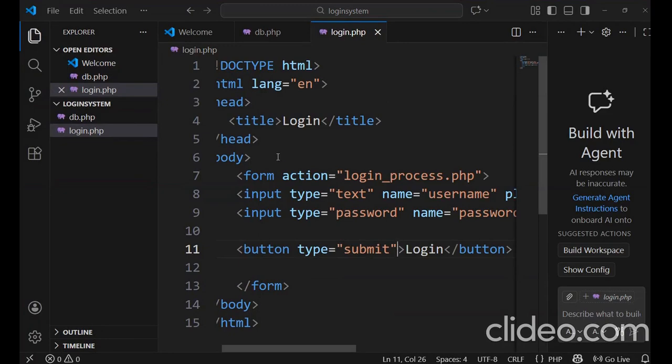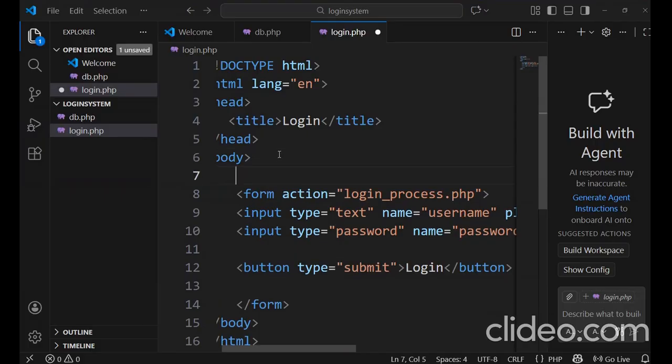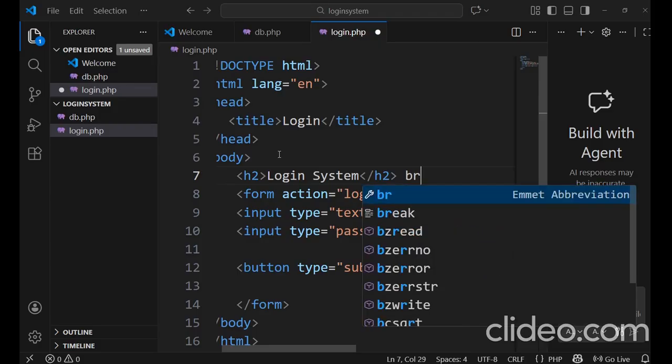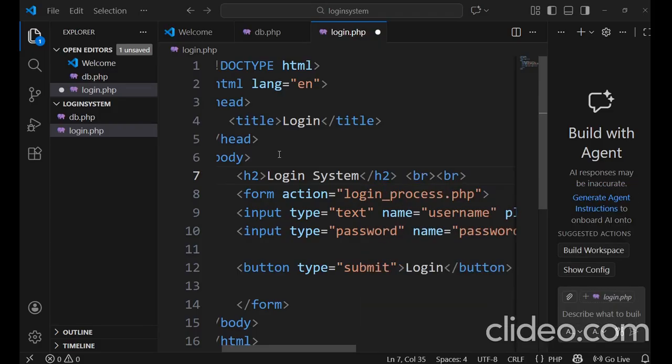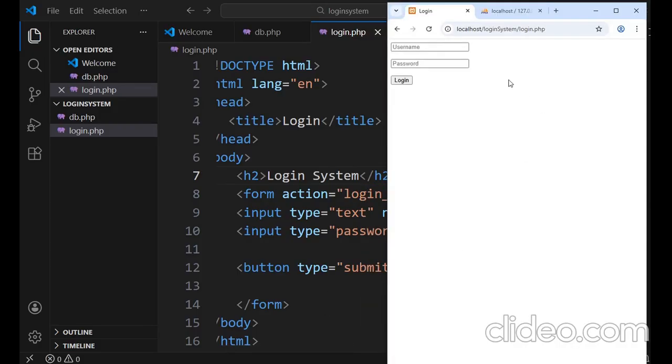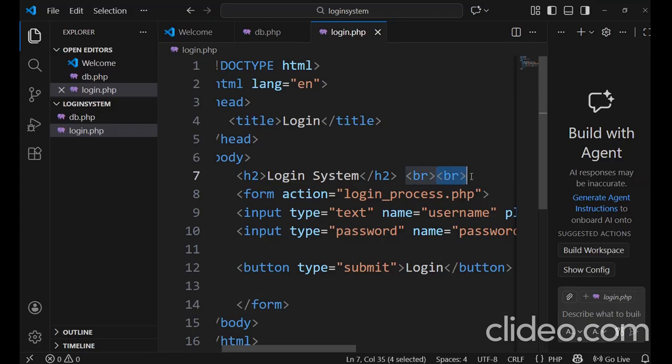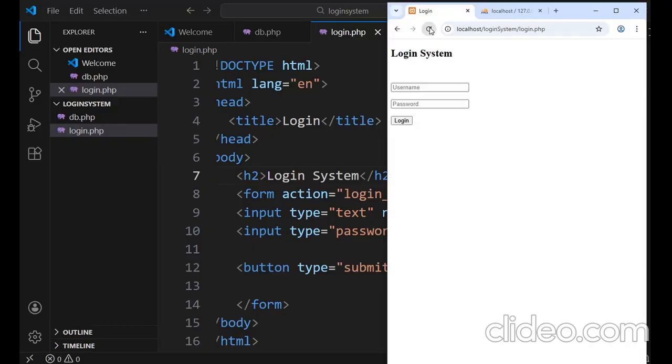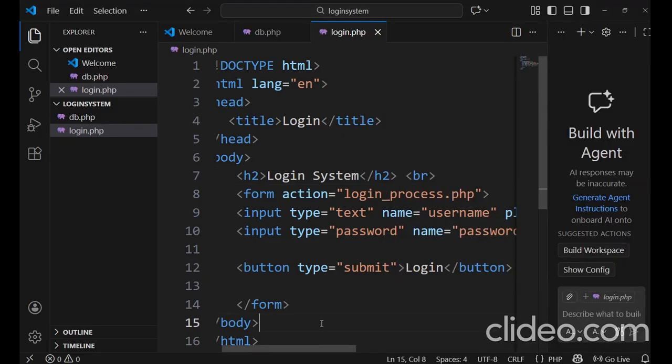Okay, before that, on the HTML tag, login system. Yes, one BR. Okay, now we'll create another file,